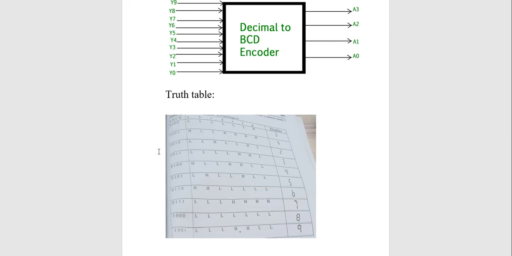Okay, 8421 pattern: whichever number is to be displayed is set to 1, and the rest are set to 0. Now if the first is 0, everything is 0, and then your output will be displayed as 0. Next, if your input is 0 0 0 1, that is, you want to display 1, 8421, that is 1. If you want to display 1, at that time what will happen is your first will be high, then low, and the next will again be low. That is how you will connect.